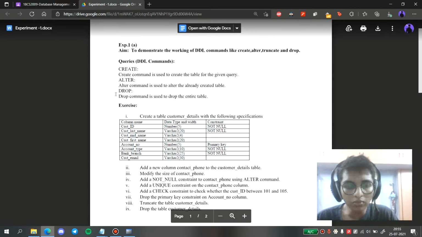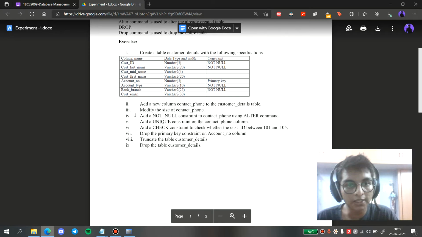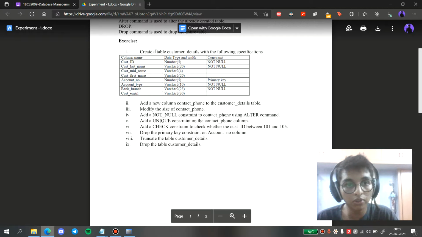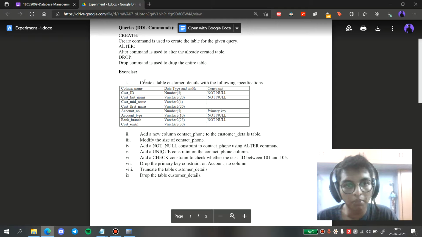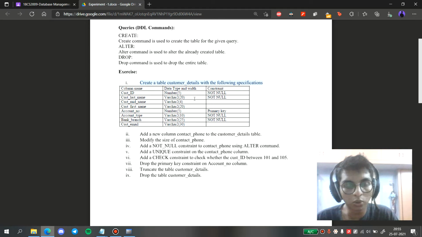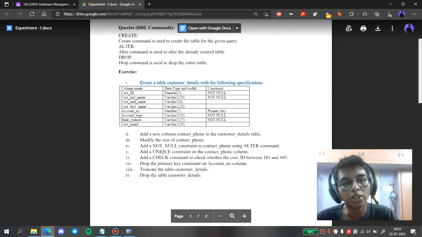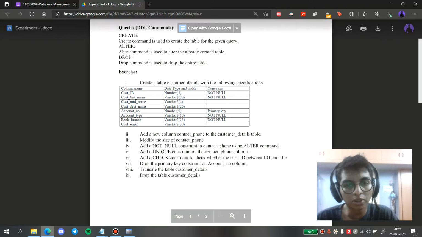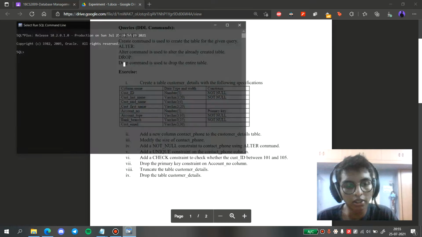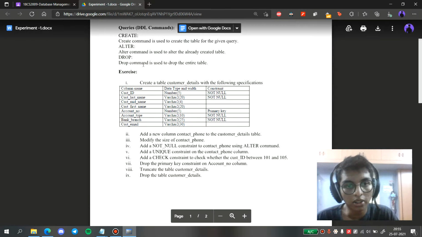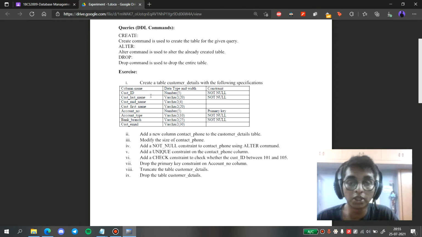So for the first exercise, these are the questions that we have to solve. I already made up the commands in a notepad, so I'm just going to execute the commands one by one for these questions in my SQL command line. I already tested these commands once and I have dropped both of the tables. So this time I hope it goes